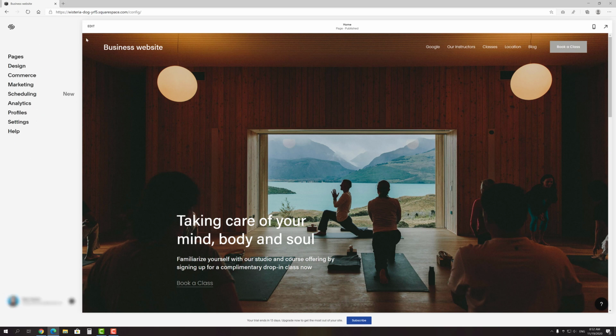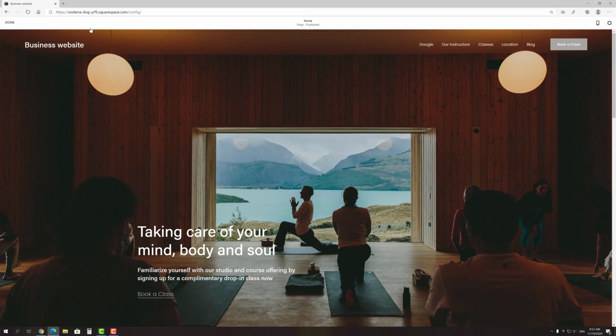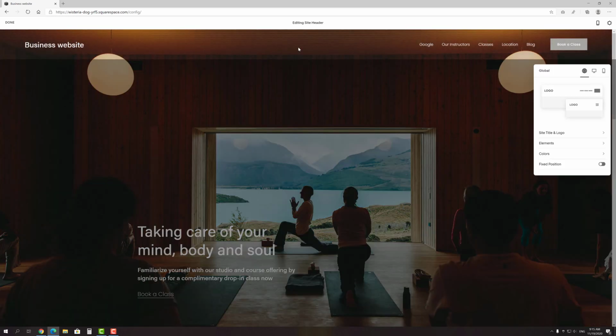Press the Edit button. I suggest starting from the header. It's a section that's positioned at the top of your site and where your navigation and title or logo display. The header looks the same throughout your site and plays a key role in the design and usability. If you click the Edit Header button, a pop-up window with settings appears.